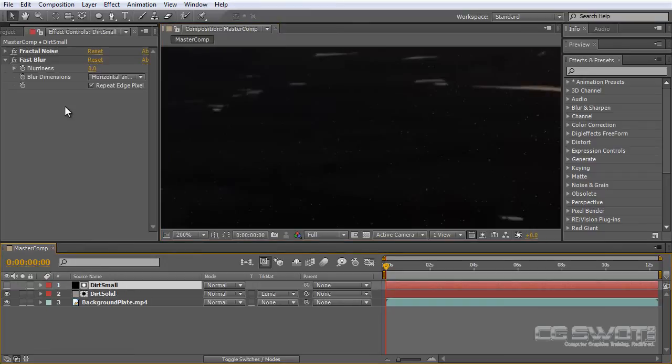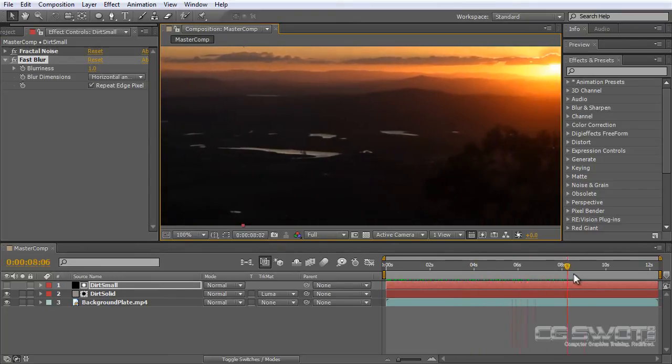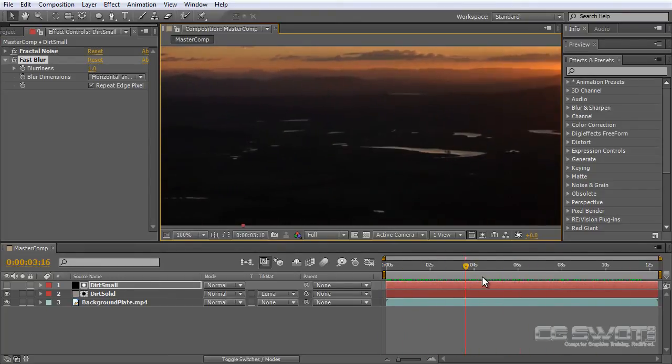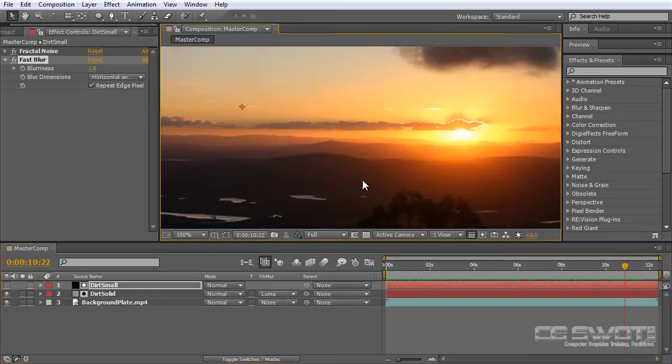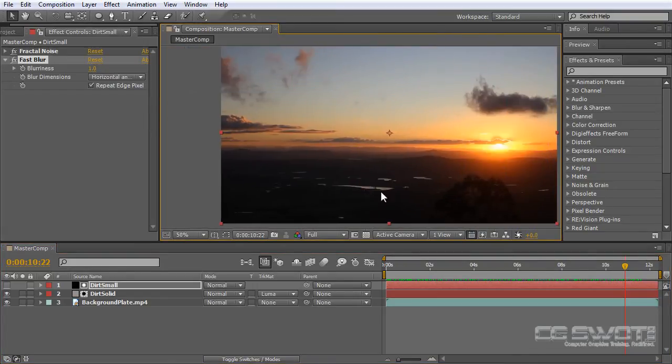So that's why we did the fast blur, and we can just up the value for the fast blur just to give some nice dirt on the lens. And it sticks because the footage is moving but the dirt's not, then it will read as if we have dirt on that lens, with a little bit of a vignette happening so that we don't get too much dirt